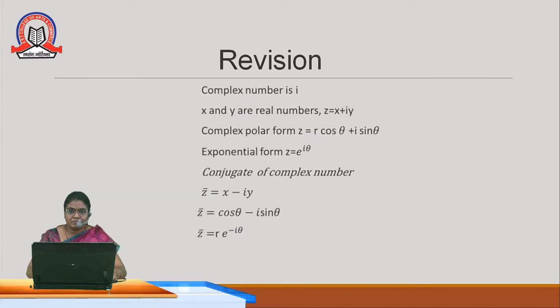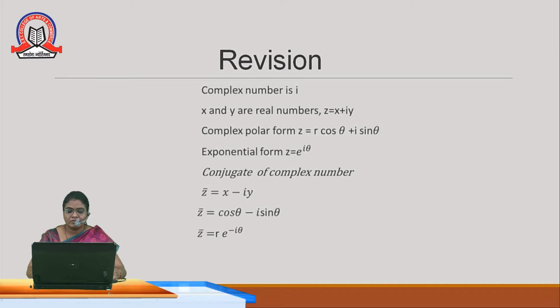What is a complex number? i is the imaginary unit. How will we write the complex number? x plus iy. What is the notation of it? z. The other forms of complex numbers are polar form and exponential form. z equal to r (cos theta plus i sin theta) and z equal to r e power i theta